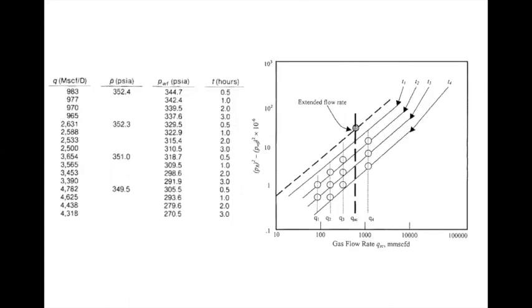Now you see on the right hand side, I have shown you one graph. We have plotted different lines, different slopes, right? So there are 4 slopes which have been plotted for 4 different times after the flow has started. For time 1 you have one deliverability curve, for time 2 another, for time 3 a different one, and for time 4 a different one. Now what you can observe is that the slope is constant for all, however the intercept is changing, right?